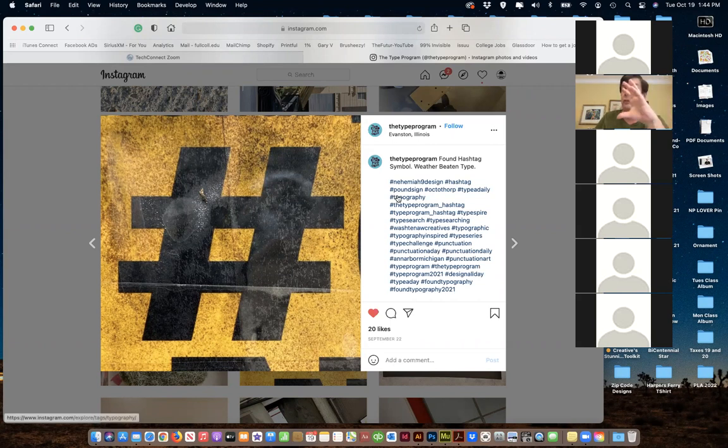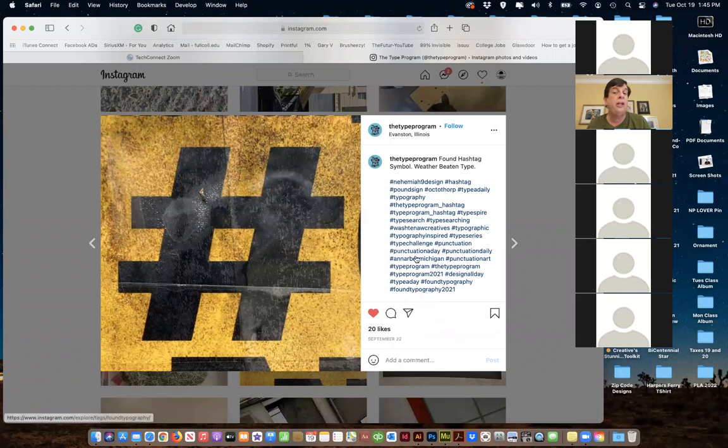So you want to balance your hashtags out so you're getting a bigger and smaller audience as you go, but you want to be related. You don't want to put hashtag sunset on this picture, even though sunset might be in the top 10 popular hashtags being used, because it's not related to sunset, right? So you want to keep it related to what you're doing, so people will come and find it and like it and it makes sense. So be logical with your hashtags.